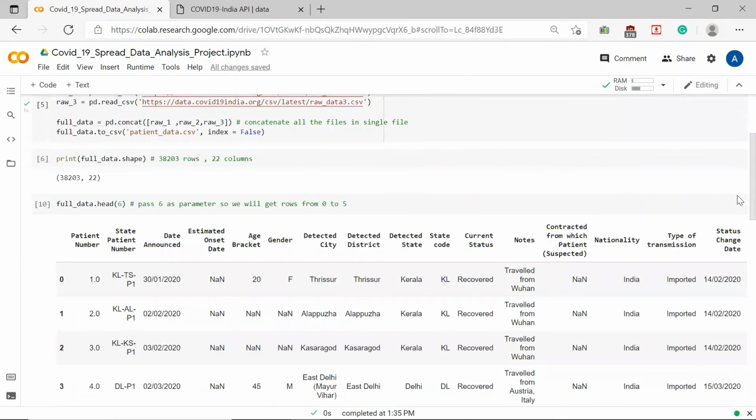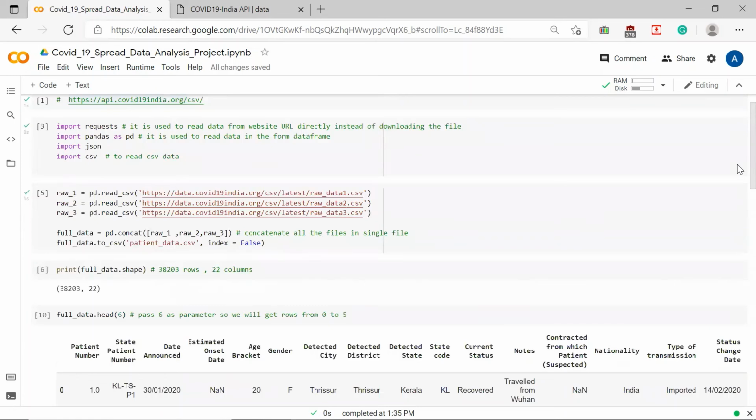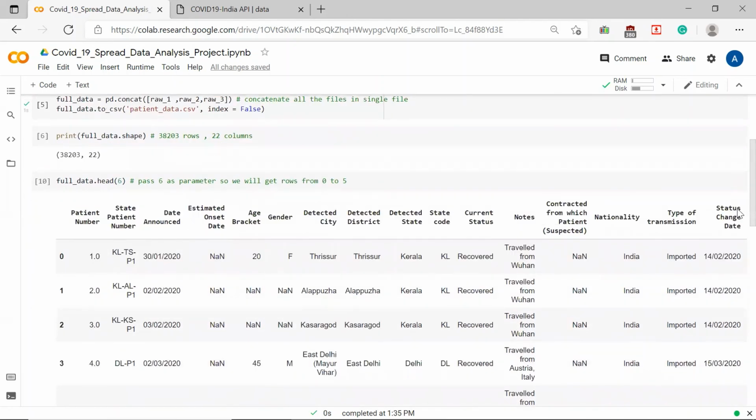So I hope you are clear how to do the analysis of the data, how to read different files, how to combine the files, how to concatenate the files. Here we concatenated the different files, raw1, raw2, raw3. Then we checked the number of rows and columns.